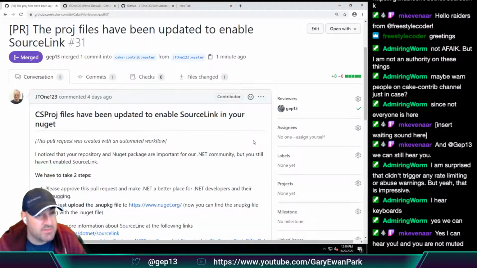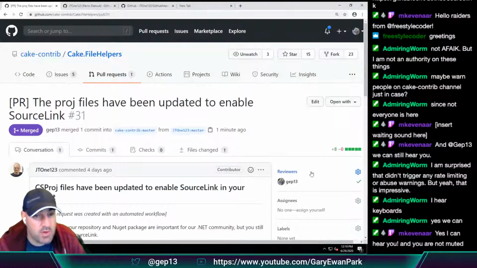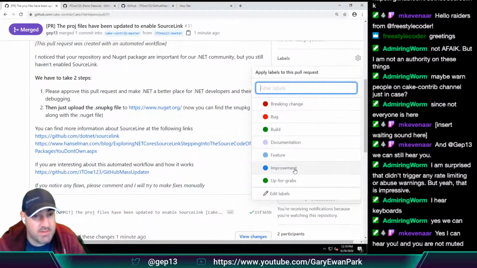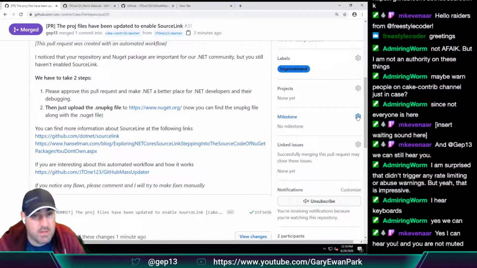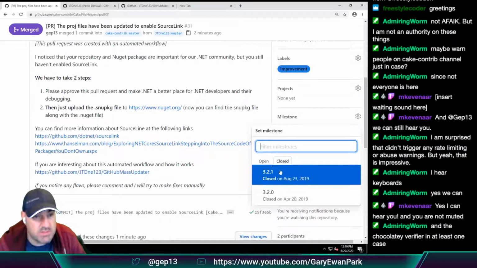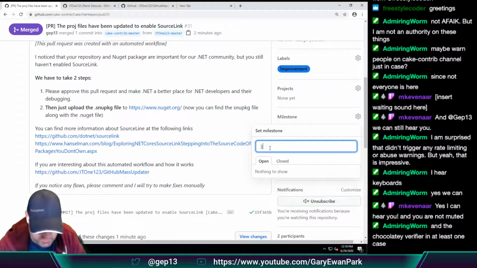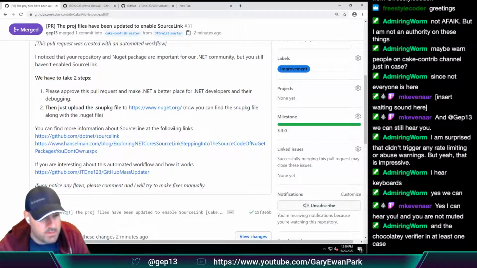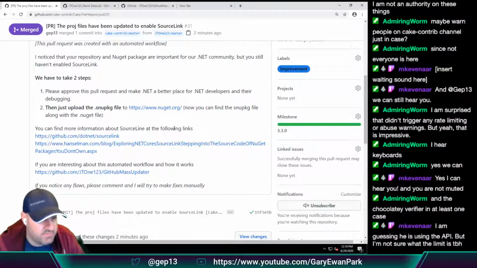Interesting. Okay, so that's merged. So what I was going to do was assign this an improvement label, and I'm going to create a milestone, which I'm going to make 3.3.0. And the chocolatey verifier, and at least, so that's a different issue. But yes,